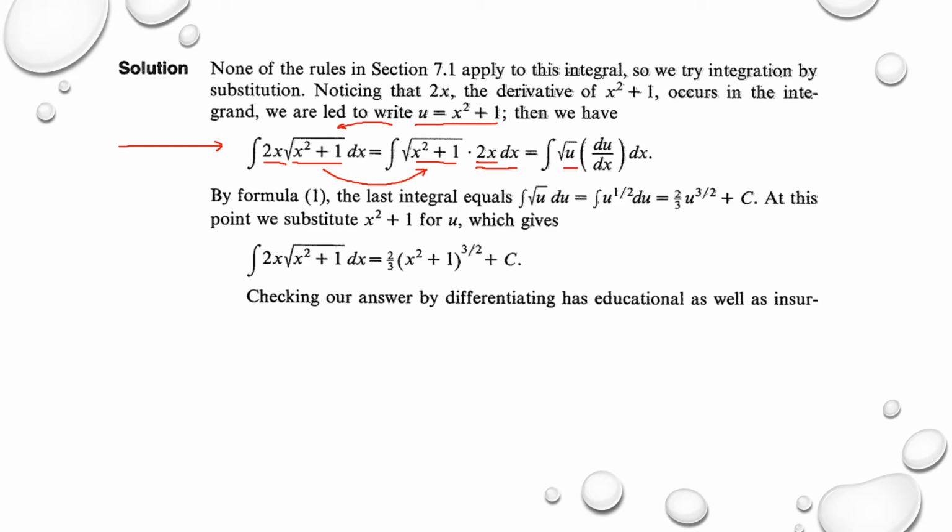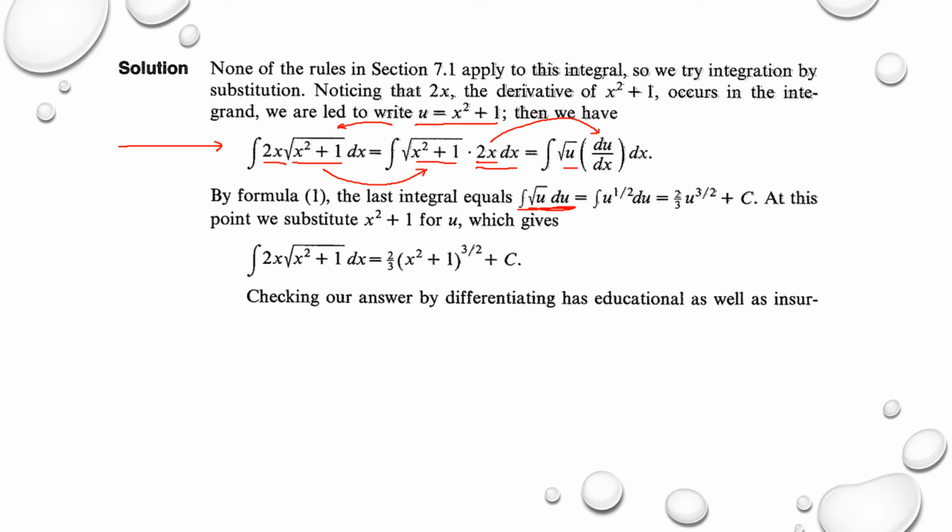If we differentiate, we find du by dx equal to 2x. So this 2x is equal to du by dx. Later on we can write it in this form, and it is very easy to solve by applying the power rule,